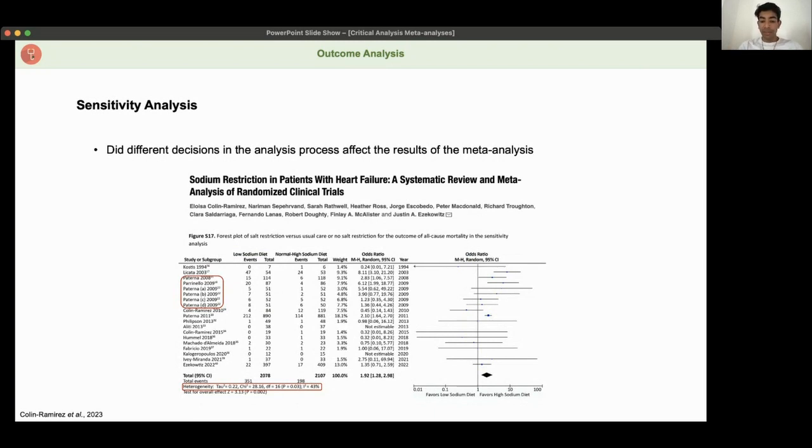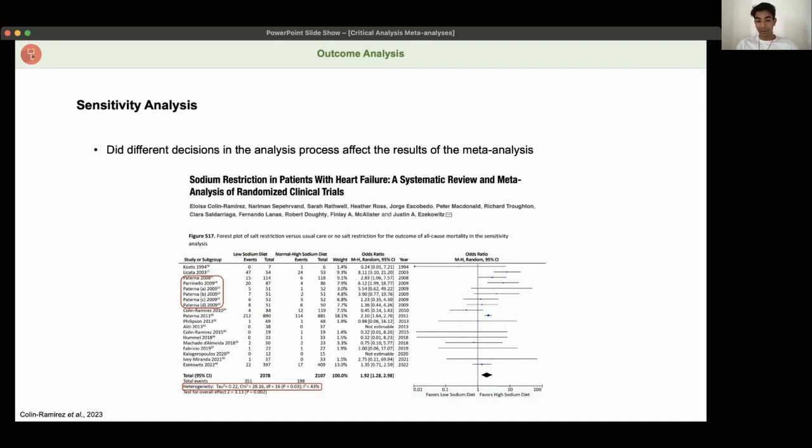And actually, you can see in the results here that including those studies changed the results. You can see that little black diamond at the bottom. Now, this analysis suggests that people with heart failure should be using a high sodium diet because for some reason that seems to improve their all-cause mortality in this sensitivity analysis. And with your background knowledge on healthcare and heart failure and cardiovascular disease, you might be thinking, really? High sodium for heart failure patients? That seems a bit odd.